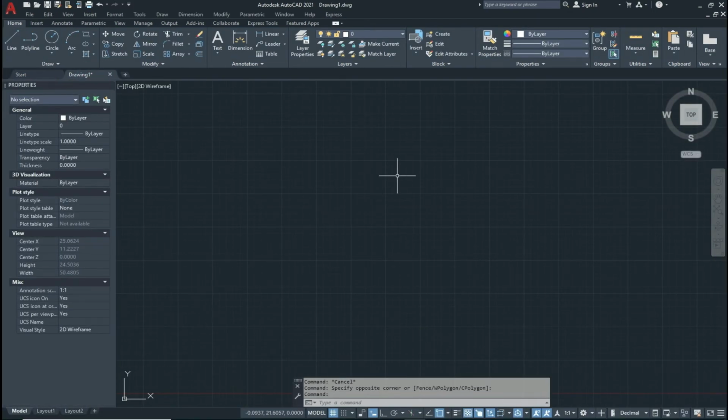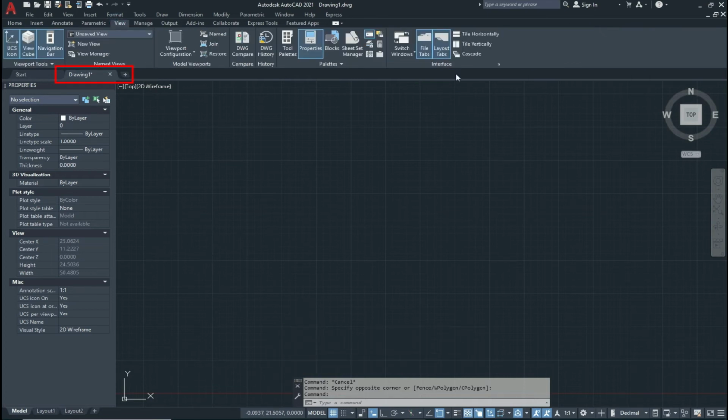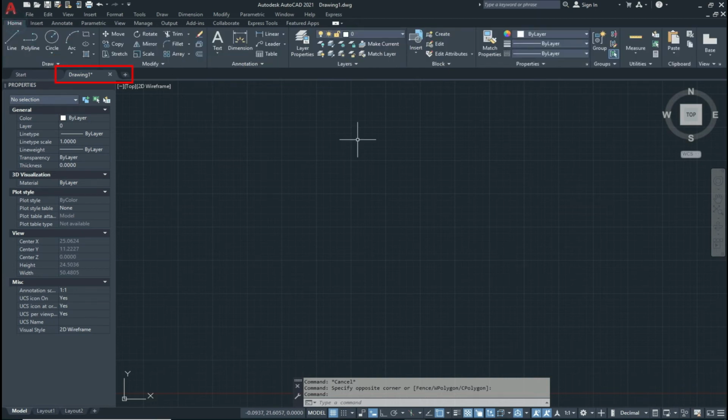Now we will discuss the File tab. You can see a File tab for each open drawing and its color is gray. You can change it from the View tab.